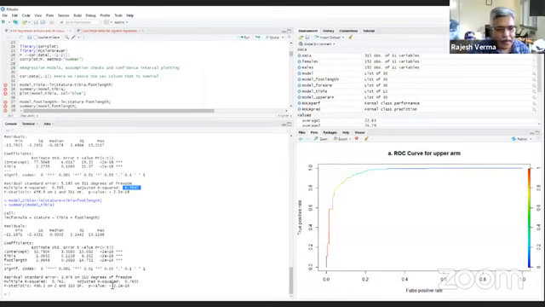So in case of multiple linear regression, if we add a variable and the adjusted R square increases, then we have done a good job, and this will be significant. But if the adjusted R square decreases, then it should not be included in the model. Similarly, for logistic regression, if the AIC score decreases after adding the variable, then we should retain that variable, and if it increases, then we should not take that variable into consideration. This is how we perform the logistic regression and multiple linear regression.